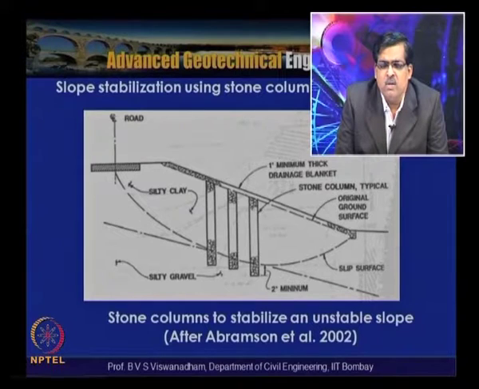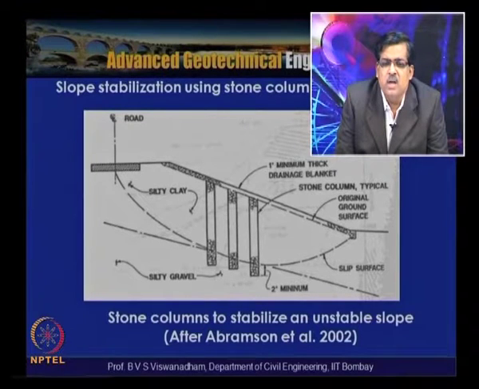Basically here the soil borehole is made with drilling, and sometimes vibro floats are used, and then the material is supplied. So in this way, if it is done on the downstream of the road, the existing road can be used for the placement of the rigs and then drilling the boreholes for installing the stone columns.